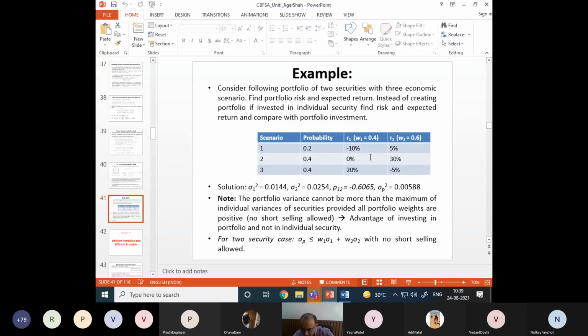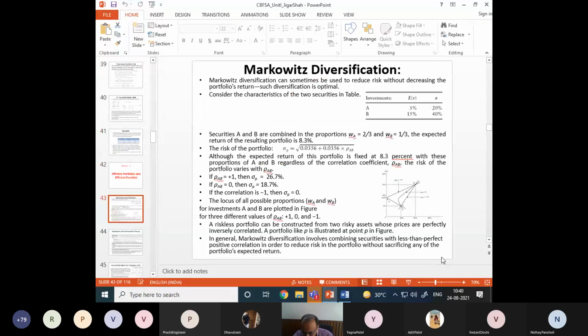We have seen that if we know the state probabilities or if we have historical data, both ways we can know this. And if we know the data for individual securities, we can find it for the portfolio. OK, and from this we can find the efficient portfolio. Means how can I select these W's such that my portfolio becomes efficient? I hope you understand this because later on we have to take it to MATLAB. So I take another pause of 1 minute before I go to the Markowitz portfolio theory for finding the efficient portfolio. Any doubt you can ask me.